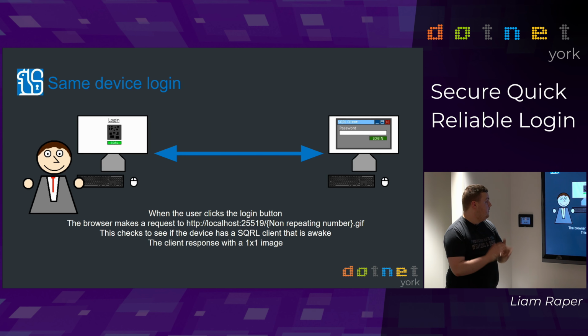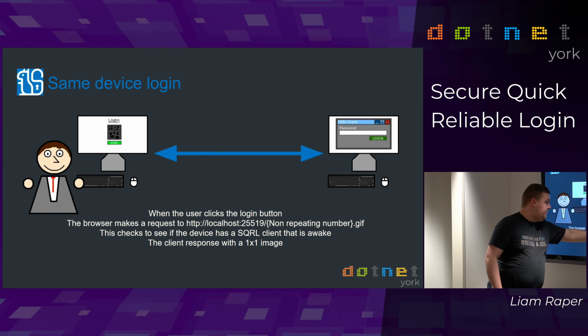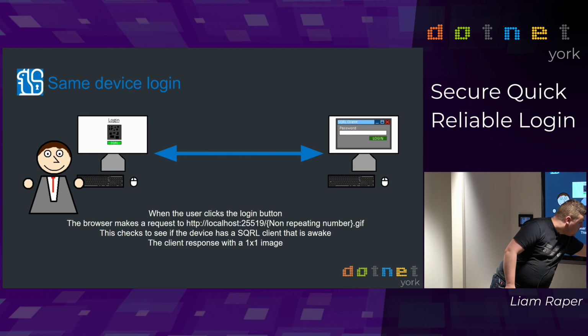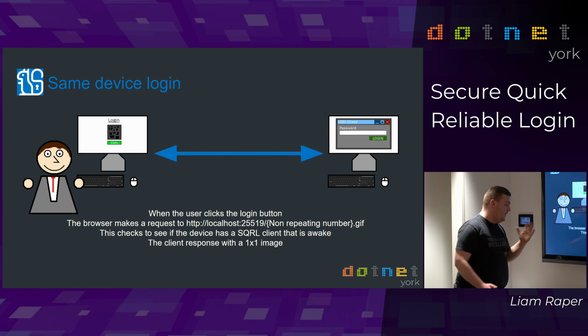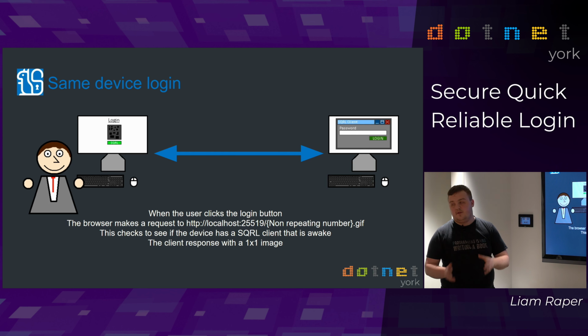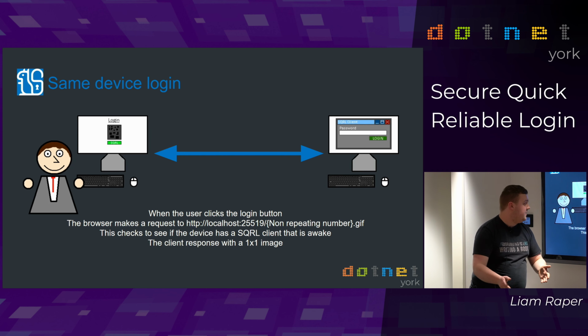So the user's happy. They're like, cool, I've got my login page, and I click my little squirrel login button. What happens at that point is JavaScript sends off a request to get an image, and it's doing it to localhost, port 25519, which is the port number for the Squirrel client. This request is done to wake up the Squirrel client, so on laptops or phones specifically,